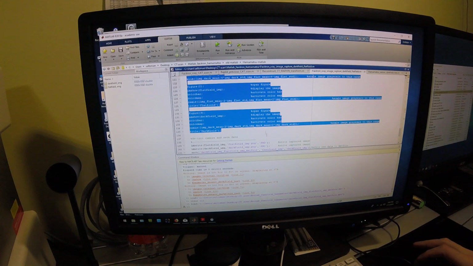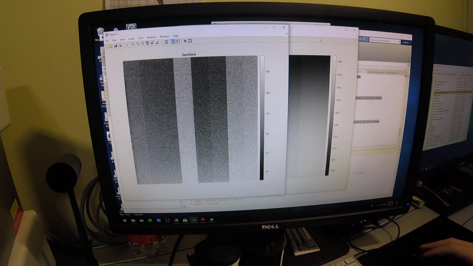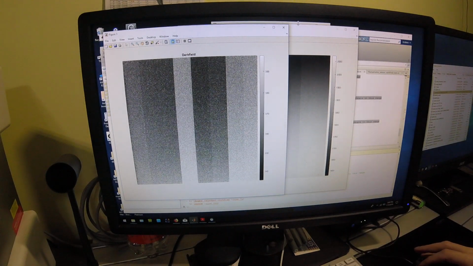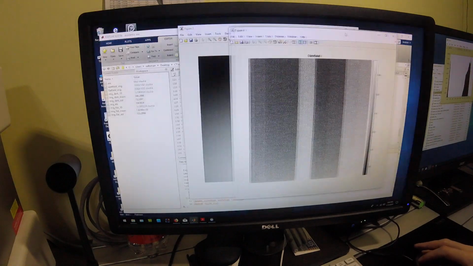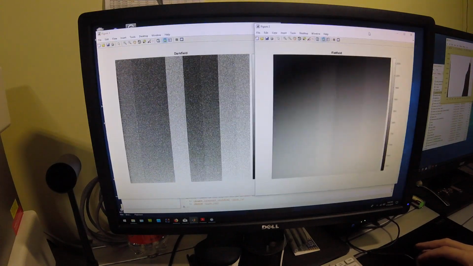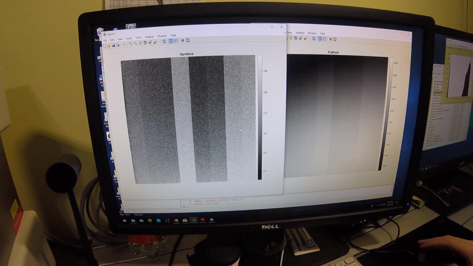Plotting routines into the input. Okay, so now what we have is two images. We have the Darkfield image here and the Flatfield image here. So the Darkfield image, this again is the color axis is just expanded. This is from around 330 to maybe 400